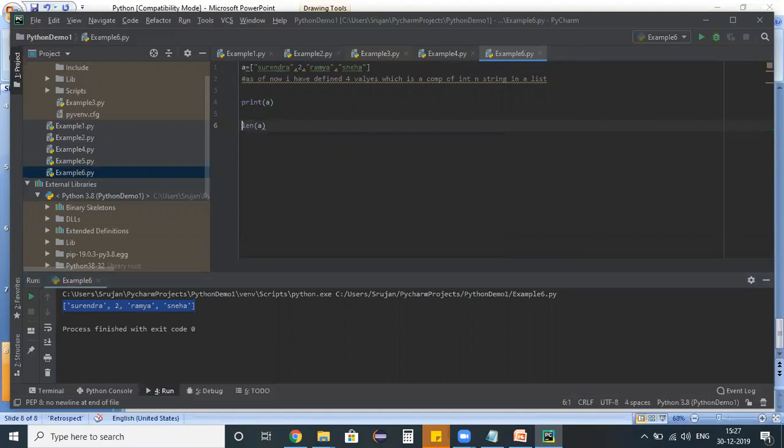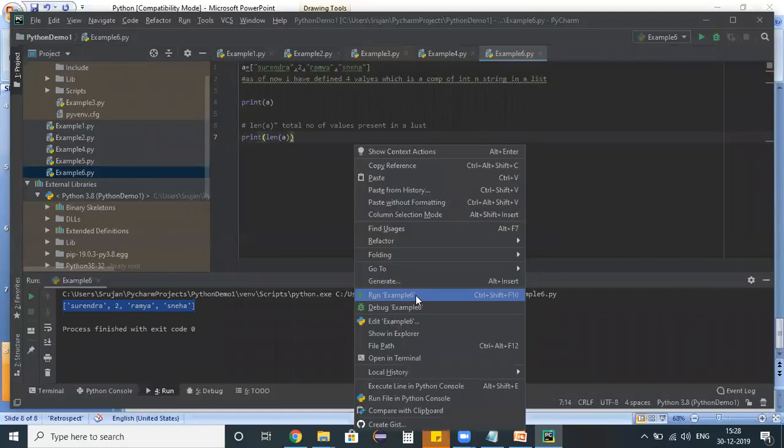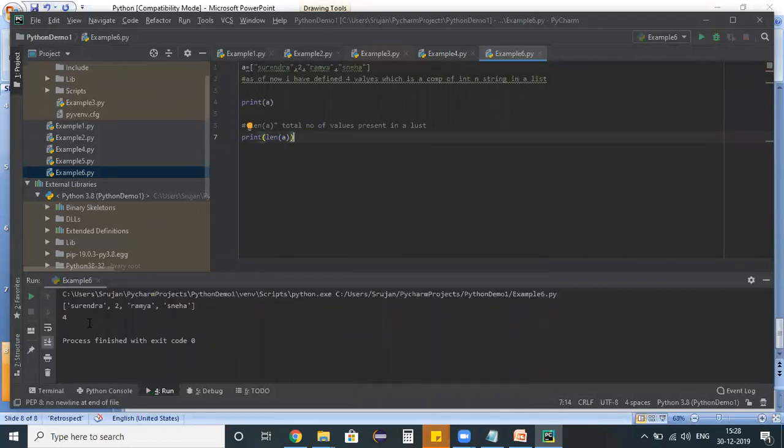Automatically, it will get the total number of values present in the list. See here, I'm doing print of len of a. When I run my test script, that should print the total number of values in the list as 4. 4 got returned to the console.